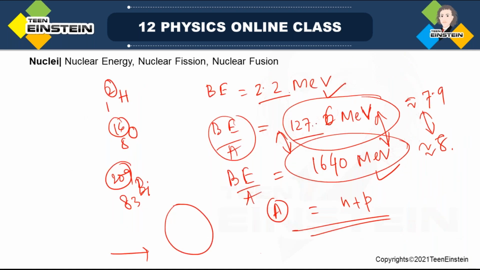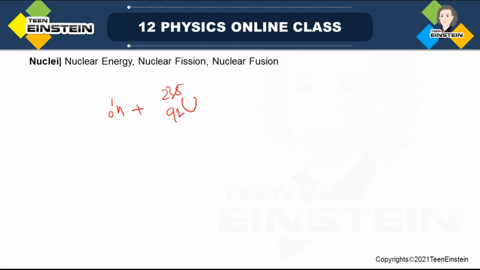It is very low, so it is a less stable nucleus. Now if you bombard that with a high energy neutron, then it becomes radioactive, 236 92, and then it gets split into two almost equal